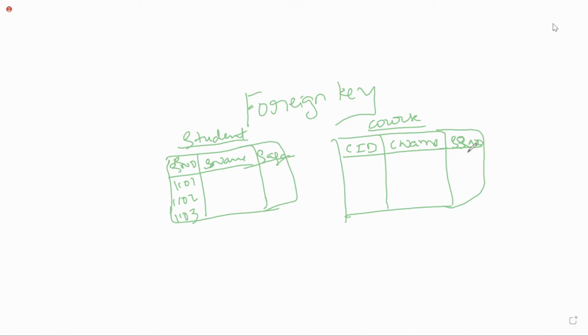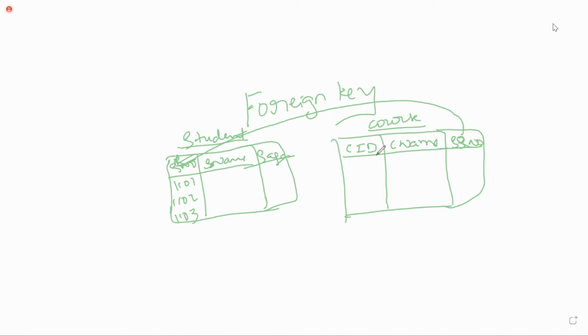Suppose there was no student. While insertion, it will just accept, because you have already referred to the primary key attribute of the parent table. So whatever values exist in the main table, if you give those, then it will accept. Otherwise, it won't accept. This you have already checked.